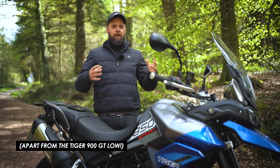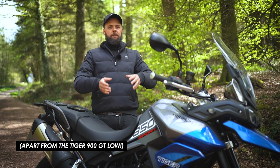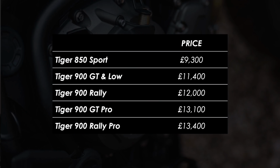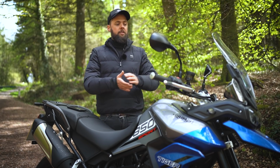If you're short and you want an adventure bike, you're going to struggle to find something as low as 790mm like this with the low seat option. Obviously the price as well, at 9,300, it's a couple of grand cheaper than the GT model. The Rally starts at 12 grand up to like 13.5 for the Rally Pro, and essentially you're getting a lot of the same bike. There are some areas in which the finish feels a bit less premium, stuff like the